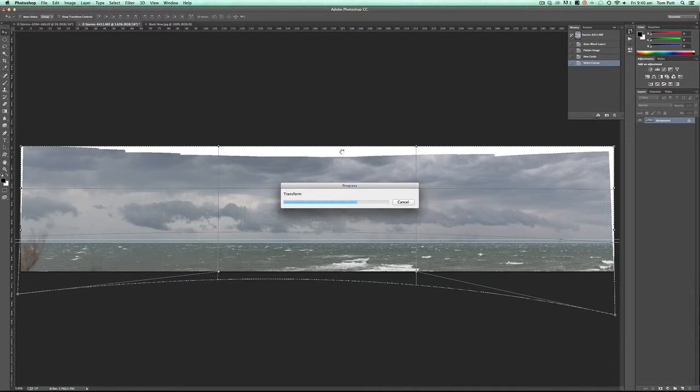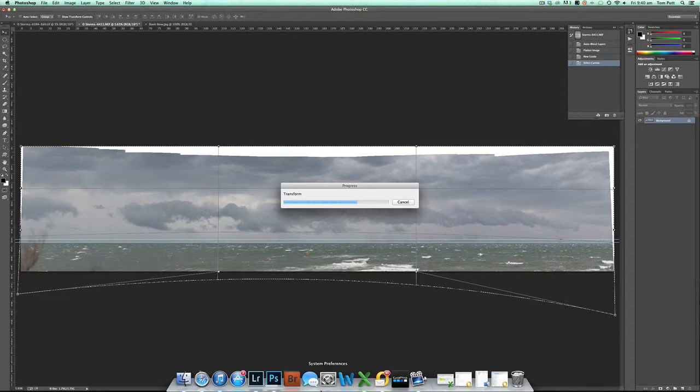And then once it's done this, I just want to clear those guides, and you'll be able to see how nice and straight that particular horizon is. Once I've got that straight horizon, I can pretty much start working on this image. What I'll do is save the image, and that will suck it back into Lightroom